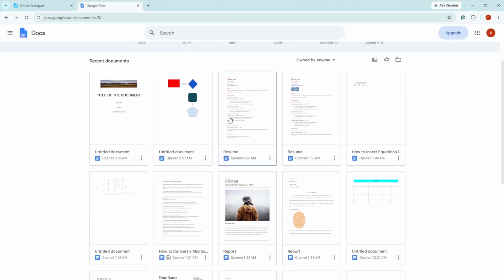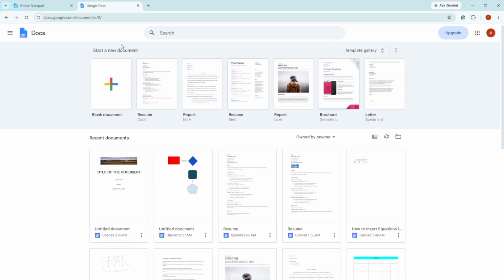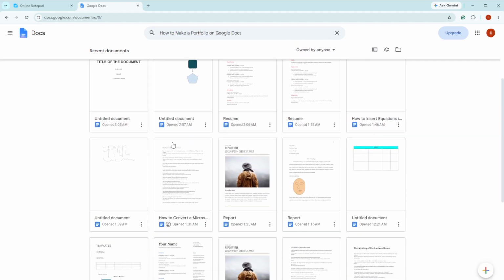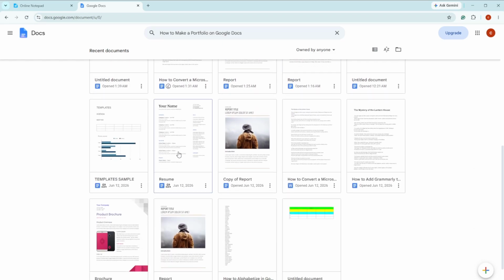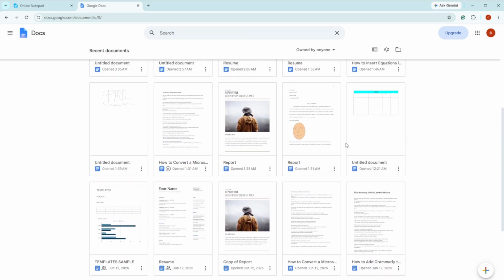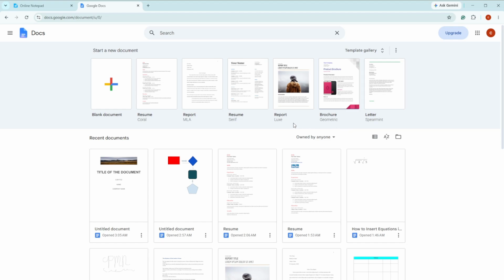In this tutorial, we will learn how to make a portfolio on Google Docs. Portfolios can be crucial for showcasing your work, whether you're a designer, writer, or any other professional. They offer a snapshot of your skills and accomplishments, making it important to present them in a clean, organized, and professional manner. Google Docs is a fantastic tool for this purpose because it's free, easy to use, and provides seamless